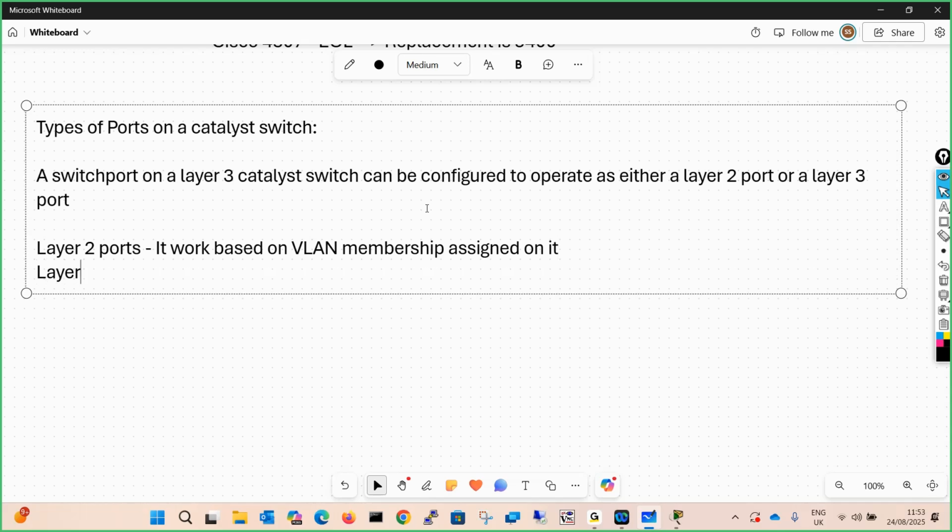And if it is a layer 3 port, as the name implies, a layer 3 address will be required. So it must be configured with some IP address to be fully operational.